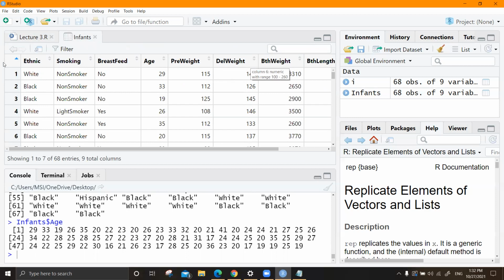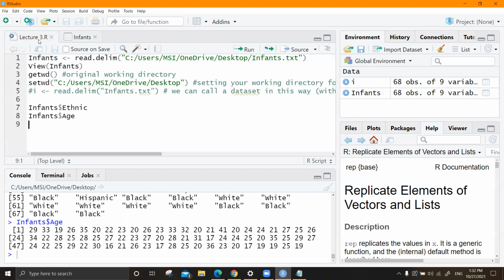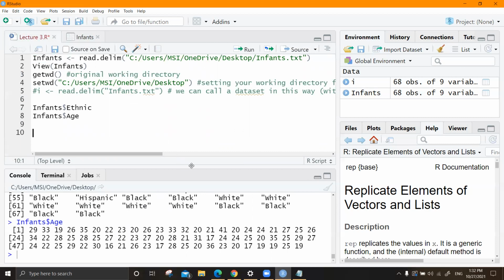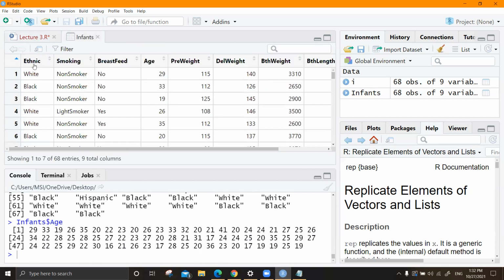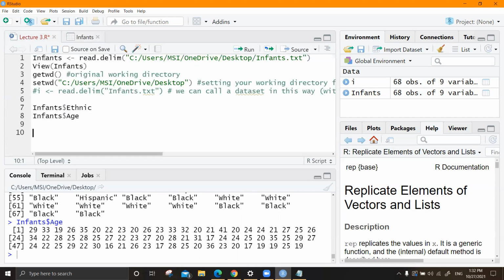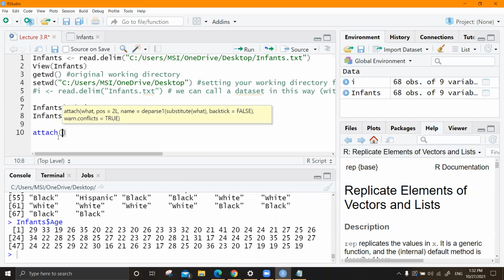So you have to write very lengthy lines, and that is terrible when it comes to complex situations. So we should find some way of accessing this directly by the column name, by the variable name, rather than giving the data frame $ thing. So for that, we are going to attach this thing.